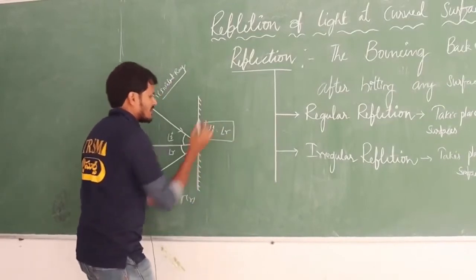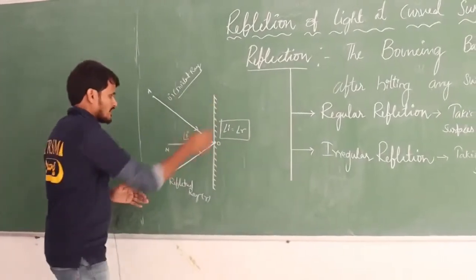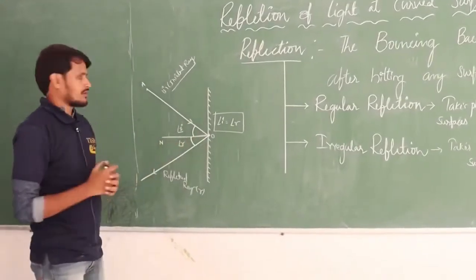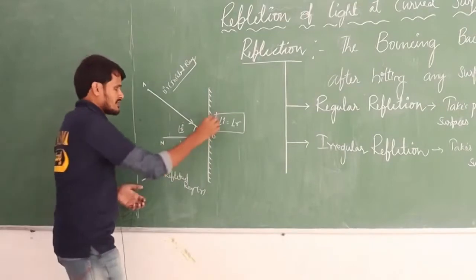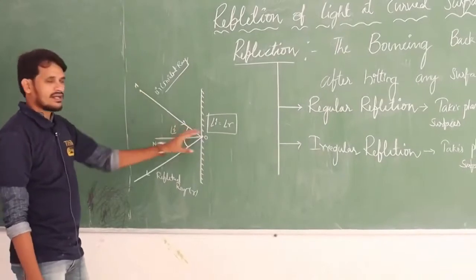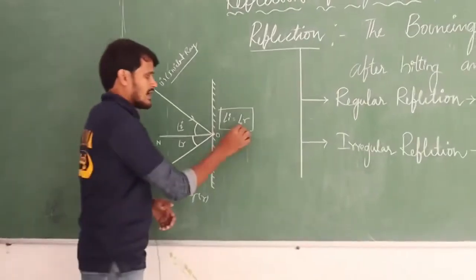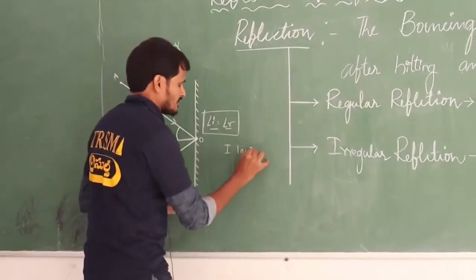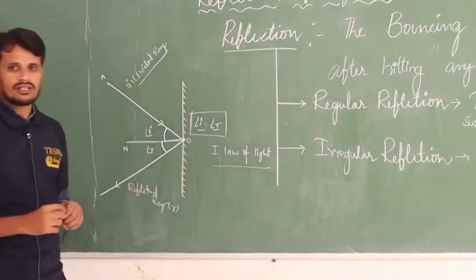This is known as the first law of reflection of light. So what did we learn here? We understood what reflection is using a simple plane mirror. One incident ray strikes the surface and is reflected back with the same angle. The angle between the incident ray and the normal is the angle of incidence, and the angle between the normal and the reflected ray is the angle of reflection. These two angles are always equal. This is known as the first law of light. You know this very well, you studied it in 8th class.